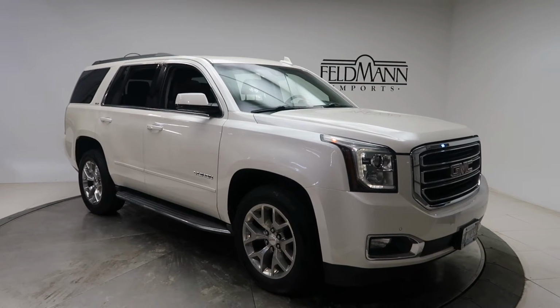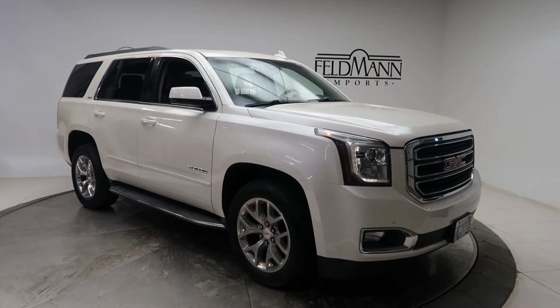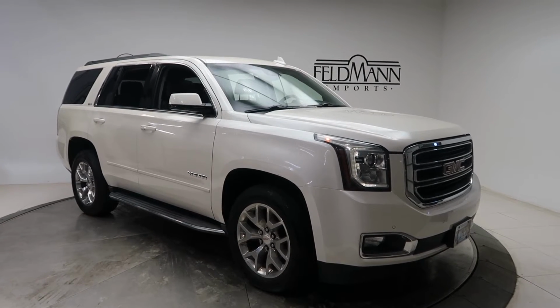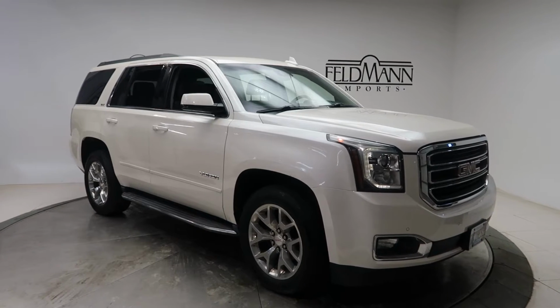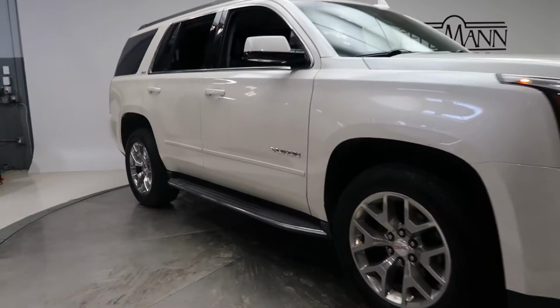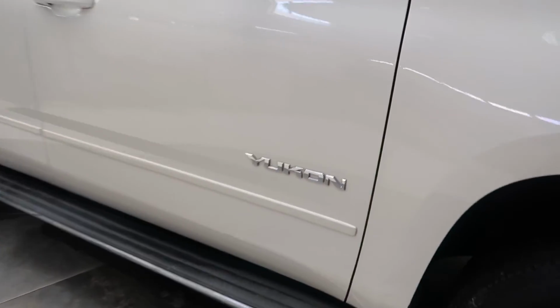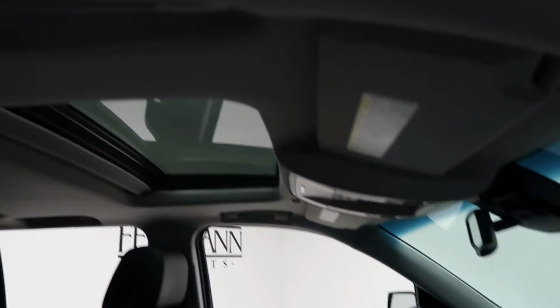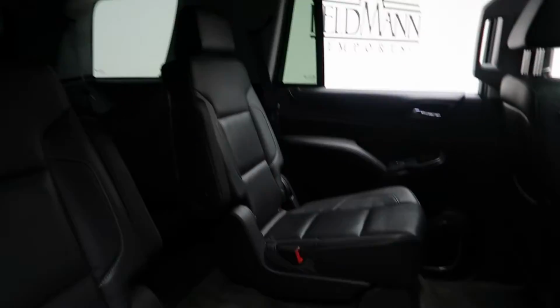Today we're taking a look at a 2015 GMC Yukon SLT. This one is white. Underneath the hood is a 5.3 V8 with 355 horsepower. This one has 20-inch wheels. Running boards, Yukon badging on the side, black leather interior, sunroof, rear captain's chairs, rear climate controls, third row seating,